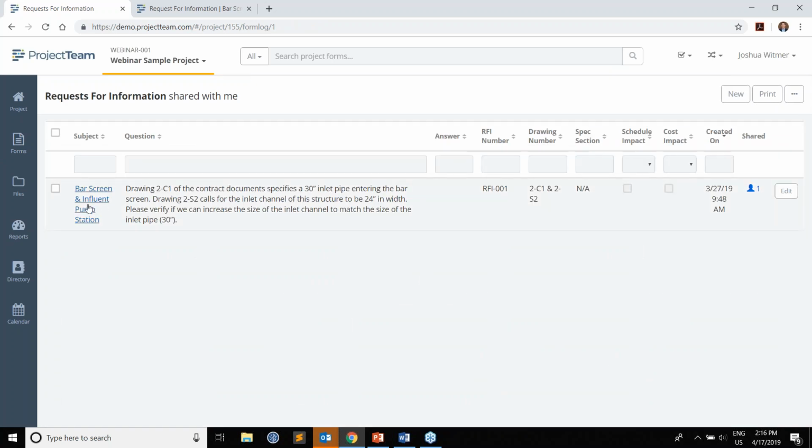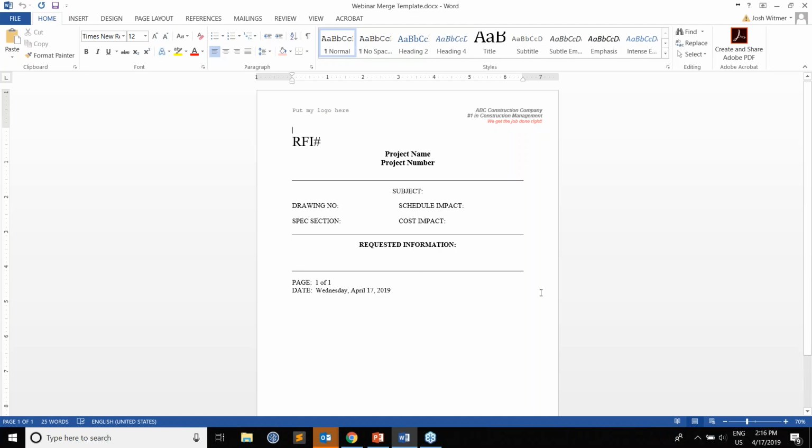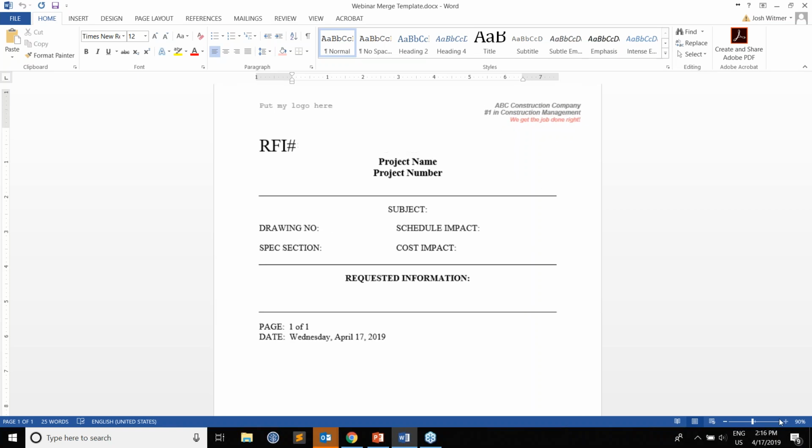I'm in my RFI. I'm going to click on this RFI view. And I see in here that I have my different fields showing up. What I can do is create my new merge template. So maybe my company uses something that looks like this. I've got it in Microsoft Word here. It's saying that I need to put a logo in there. I need to put my RFI number at the top, project name, things like that need to be included in